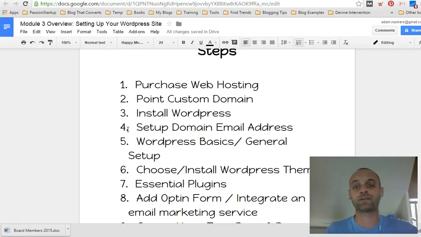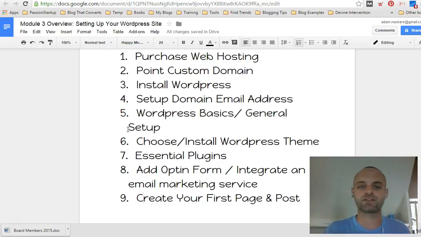You want to have a custom domain email, so I'm going to show you how to set that up. The 5th step, I'm going to talk about WordPress basics. I'm basically going to take you into your WordPress installation, because at this point we will have installed WordPress, and show you around the WordPress dashboard so you really understand how you do the different things in WordPress. What you're going to find is after you go through that training, you're going to feel a lot more comfortable